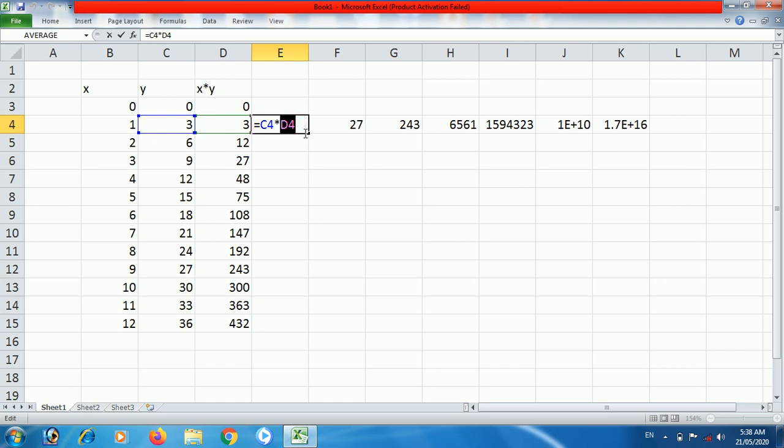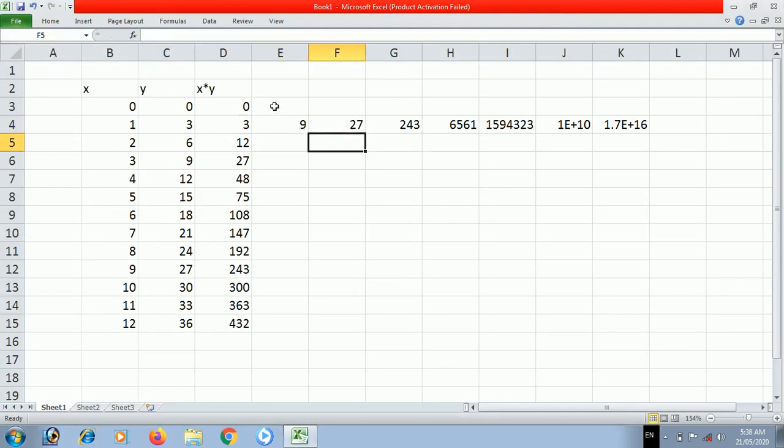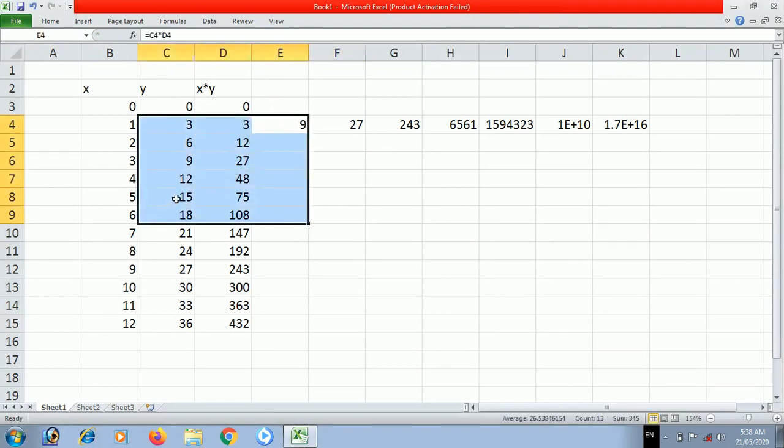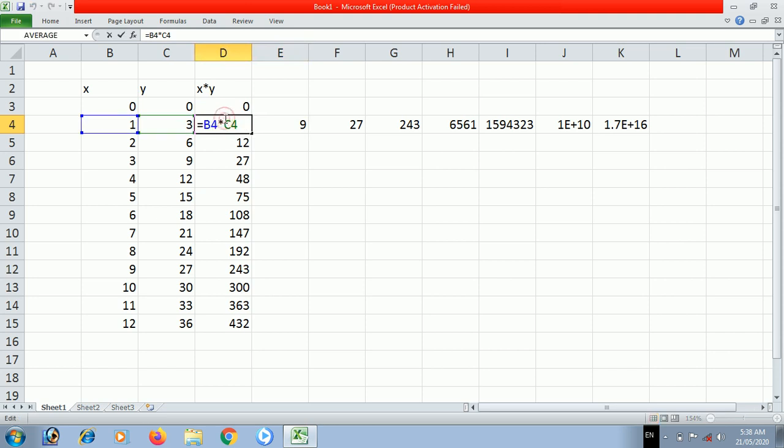Okay. If we want to maintain this one before, like this, we'll put a dollar in front of B in this cell, because we want to maintain that B only, and we'll drag it.